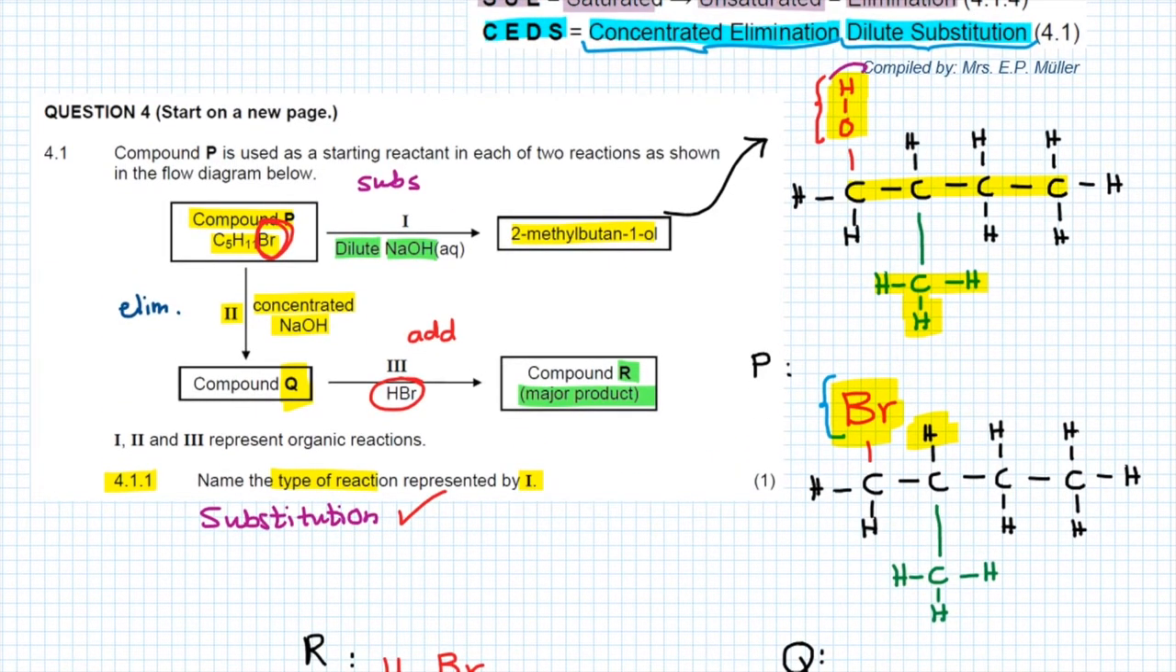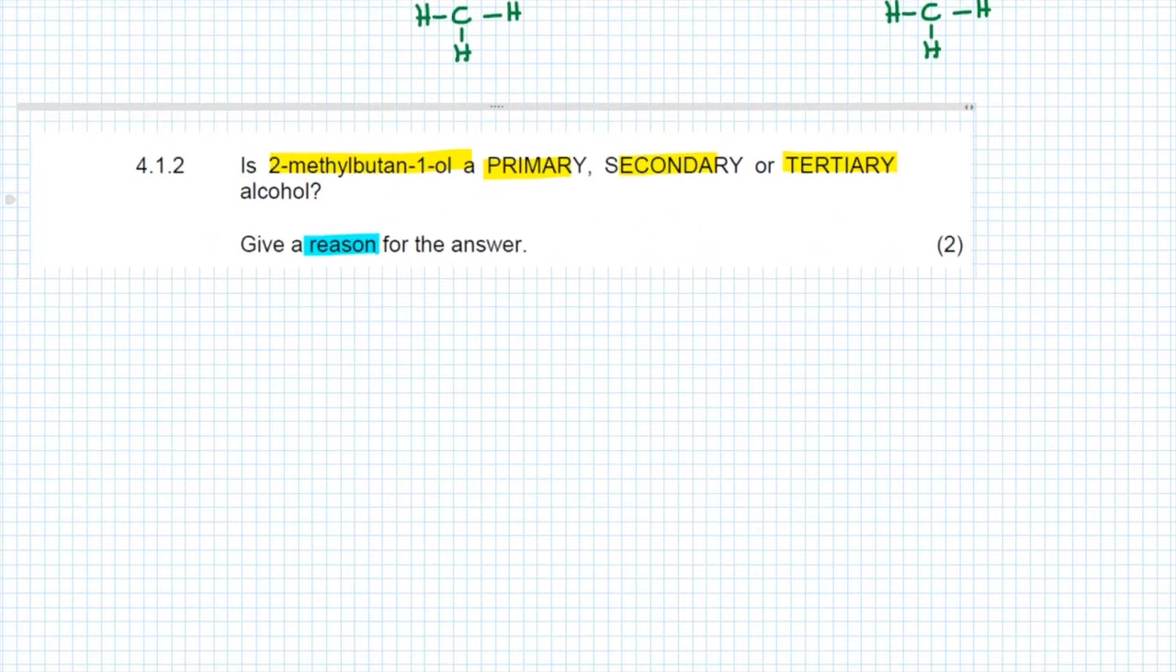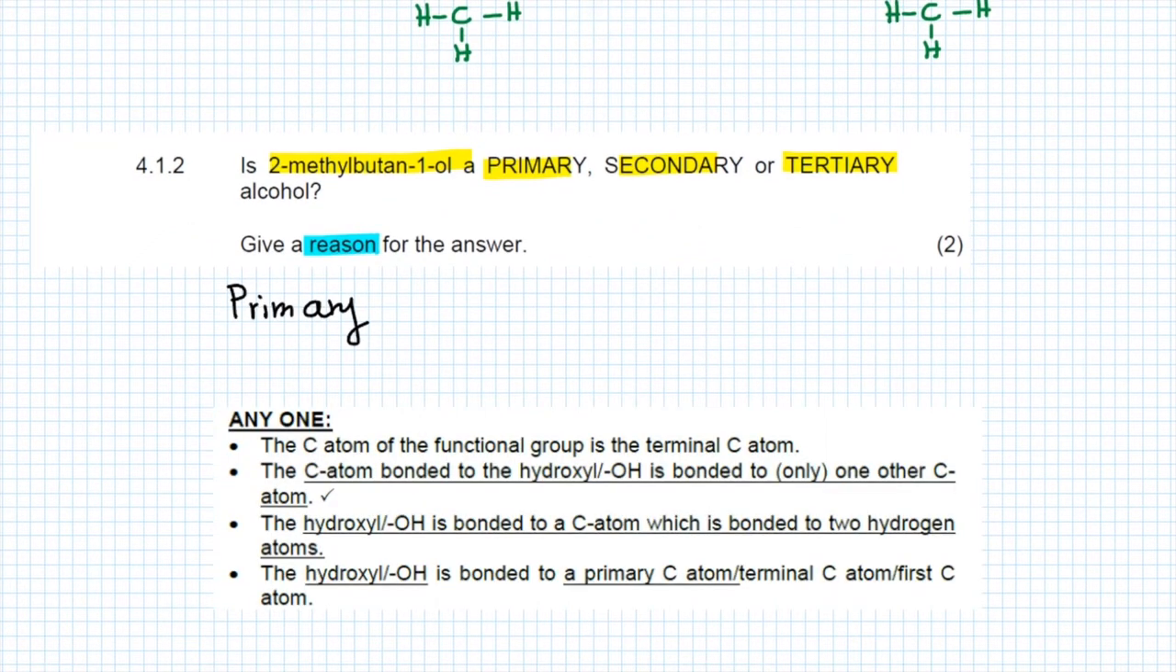We see that here is the hydroxyl group. It is attached to this carbon atom. In order to determine what type of compound this is, we see how many carbon atoms that carbon atom is attached to. Since it is only attached to 1 other carbon atom, we know that this compound is a primary alcohol. So we write down the word primary for 1 mark,